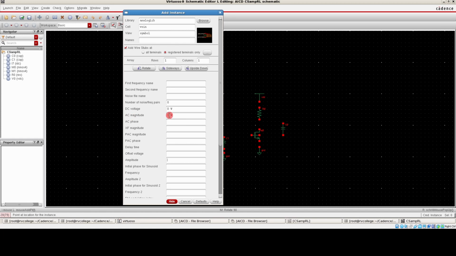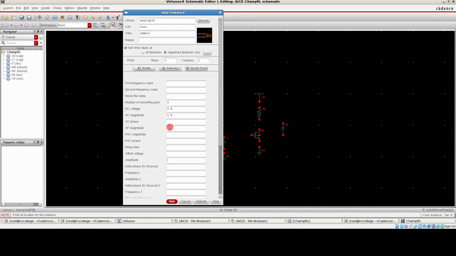Okay. Now, how does the simulation work when you have an AC magnitude of 1? In general, in Cadence, the AC analysis works under the principle that the entire circuit is assumed to be linear across the given Q point. So you can even have 10 volts, it doesn't matter. The circuit will show you an appropriate value out of it.